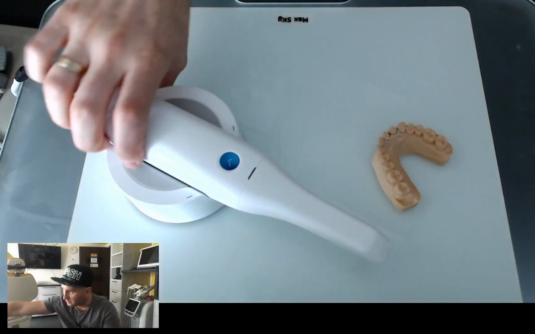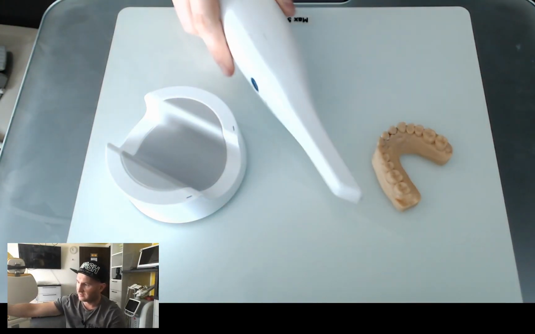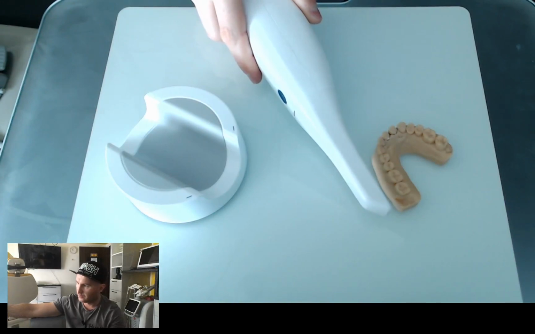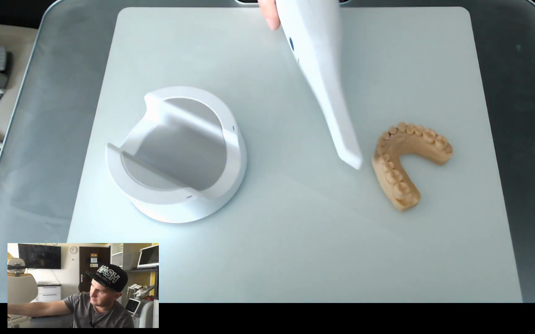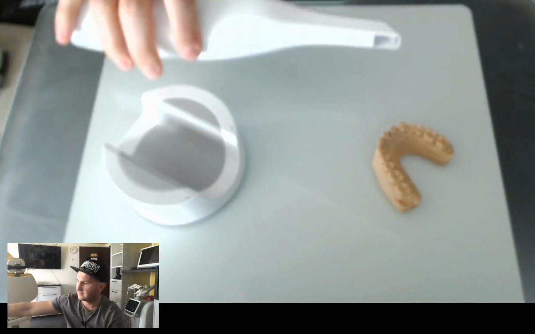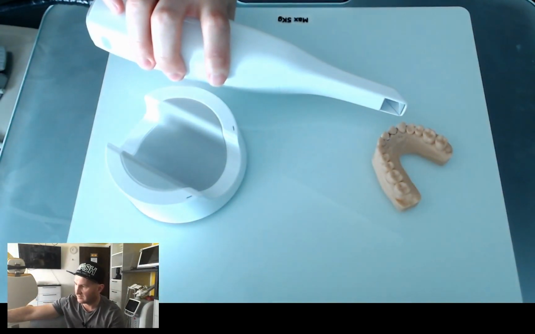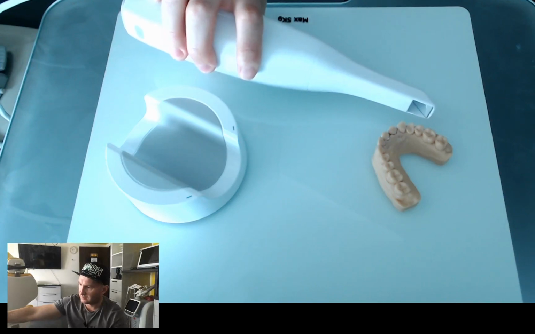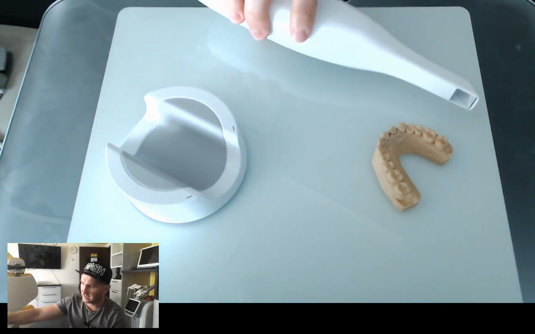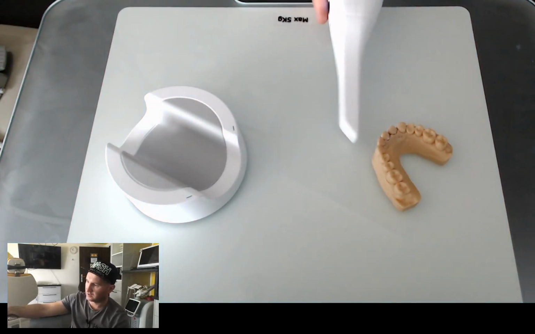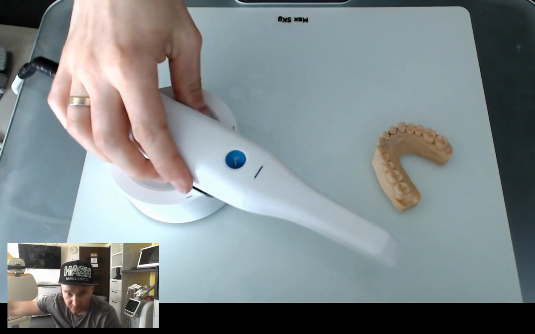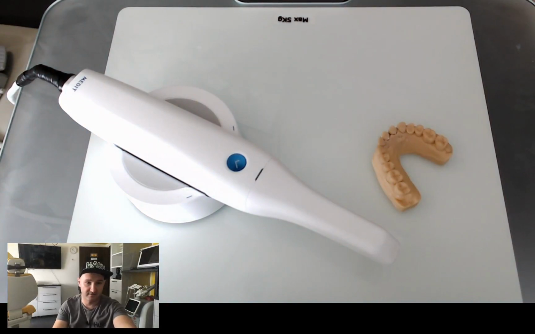So when you scan your occlusion, just like here, go from one side to the middle, and then don't stop, just go to the other side, and when you scan the other side, do the same. Then your program will get much more information,